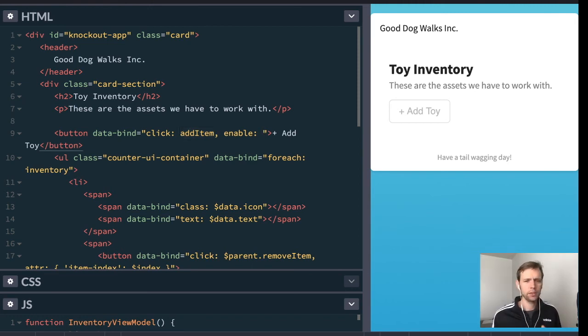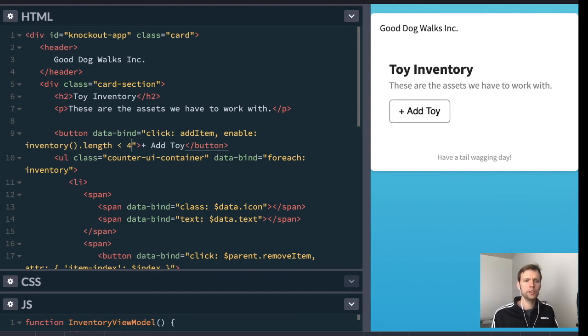And it might look a little noisy at first, but it ends up being quite powerful. So what we can do is say inventory, which is pulling our observable, and we want to get the value of it. So again, to do that, we call it as a function, don't pass anything into it. Dot length